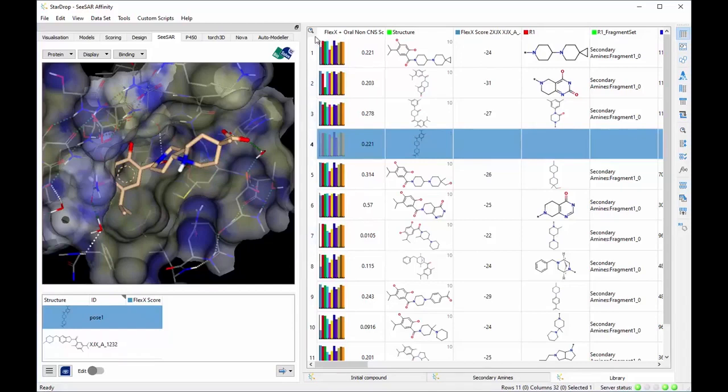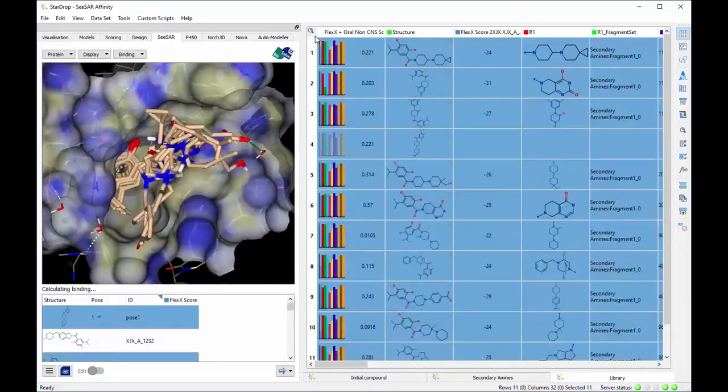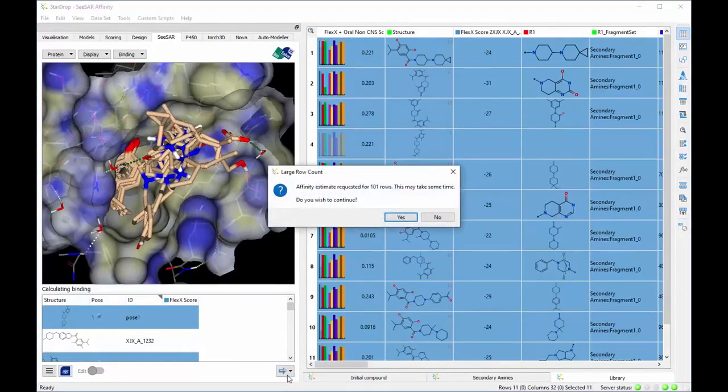Select the whole dataset by clicking the button in the top left corner of the dataset table, just below the search icon. From the Go button menu at the bottom of the CSAR area, choose Estimate Binding Affinity. This will generate poses for the entire dataset, but if you wish to generate poses for individual compounds, you can select these rows in the dataset first. You will see a warning telling you that you're about to generate estimated binding affinities for all the poses in